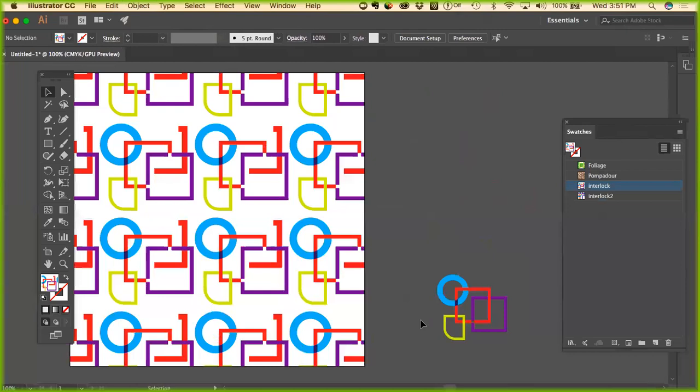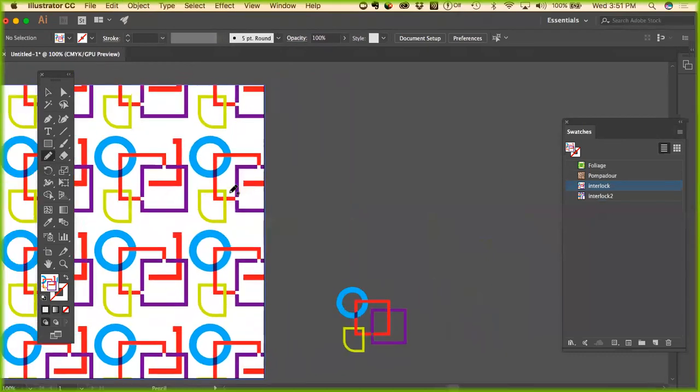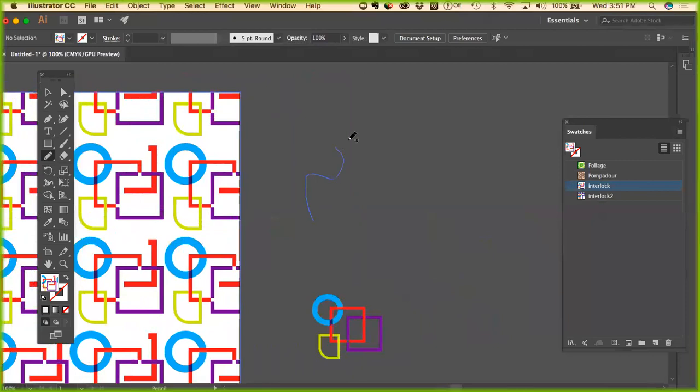Basically, I don't want you to make a symbol that's just like a one thing. I want you to be thinking a little bit larger, a little bit more holistically about what it could be. And so that's the thinking behind this idea that it could lock up as something else. So ideally, what you're creating for your symbol is something, let me use my pencil tool, something that's like a,